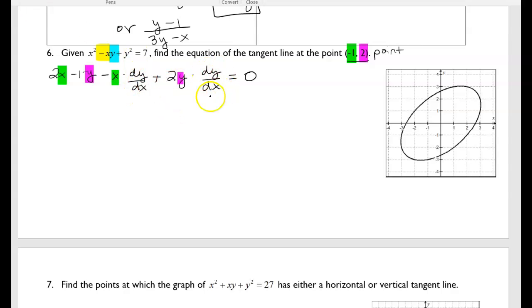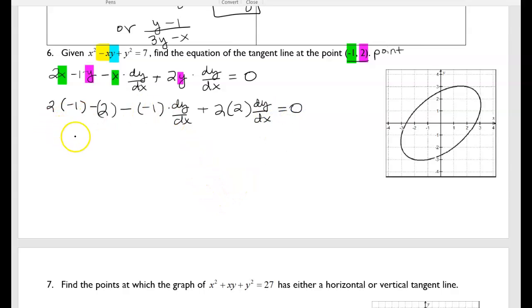Notice dy dx I won't have. So I'm going to plug in 2 times -1 minus, this was 1y, so just minus 2, minus my x is -1 times dy dx plus 2 times my y value, which was 2 dy dx equals 0. And now we can simplify. Be careful here though. We've got -2 minus 2, that's -4. This becomes plus dy dx plus 4 dy dx